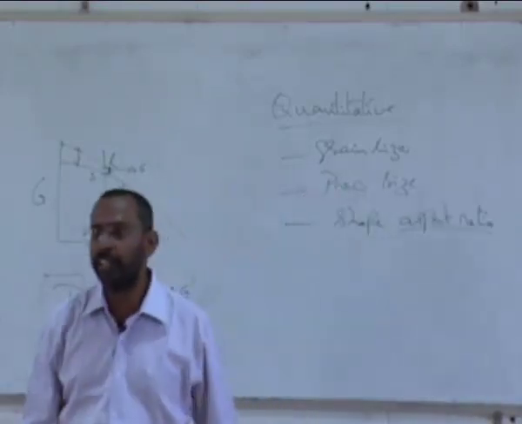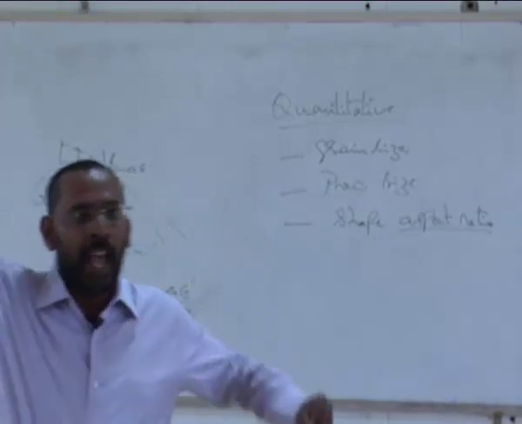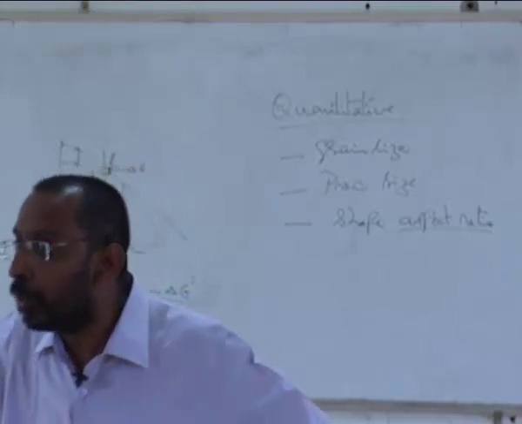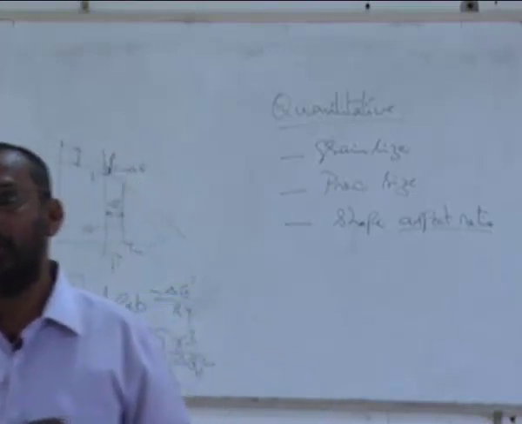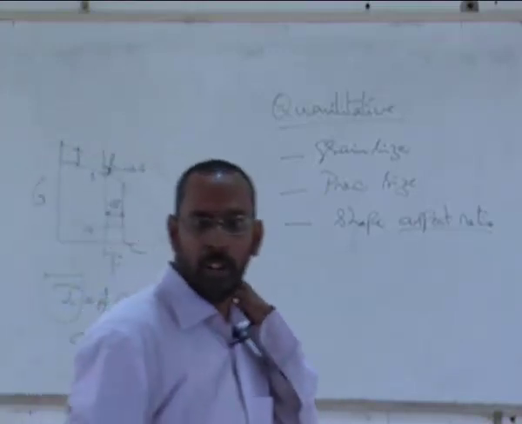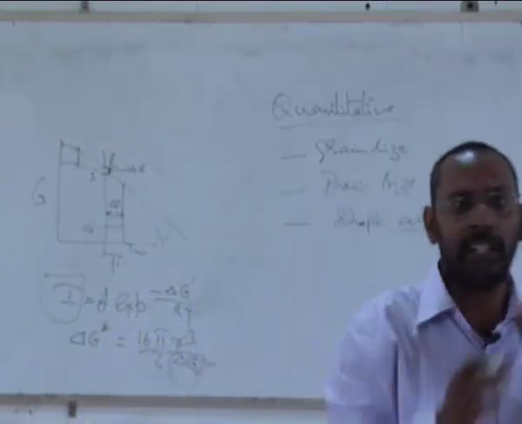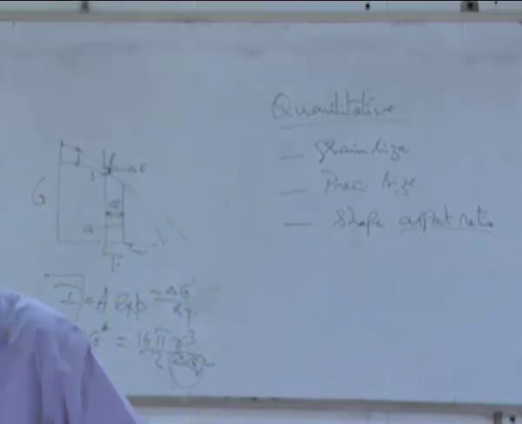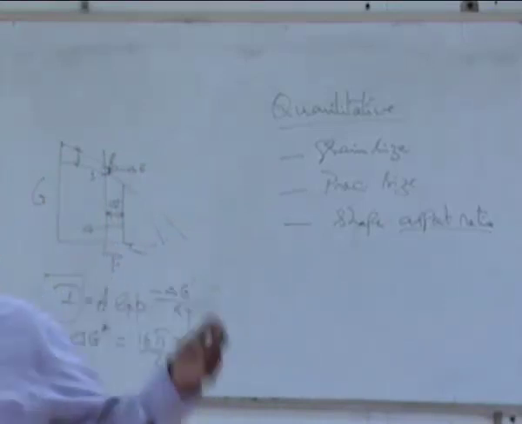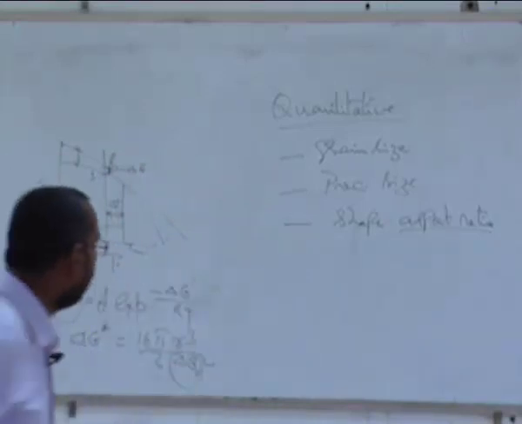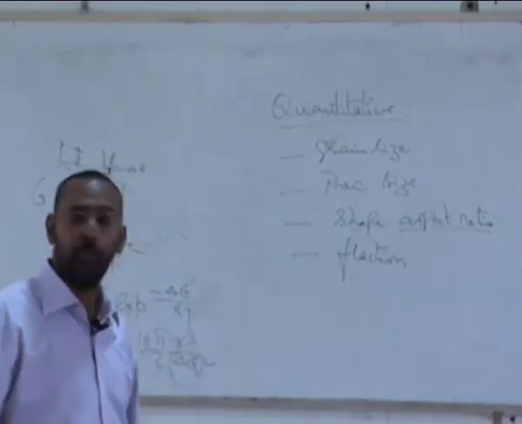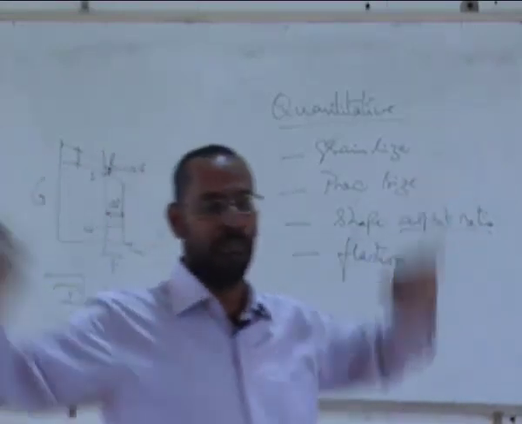I can even quantify the shape and talk about aspect ratio. For example, bainite. We know bainite has an acicular structure, right? So we should be able to talk, if there are needles, how long are these needles? What is the ratio between the length and the breadth of this needle? Can we talk about it? Which is called aspect ratio. So the shape and the aspect ratios of them. And then can we also talk about fraction of? Of course, I would like to know the size distribution also.